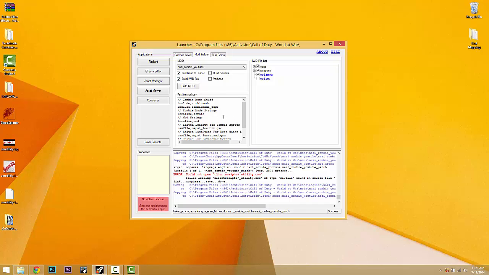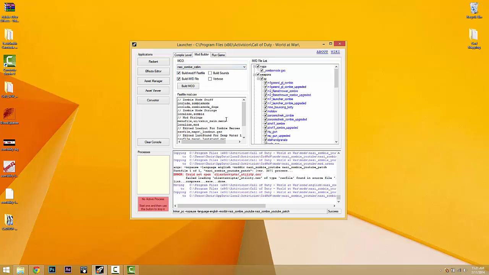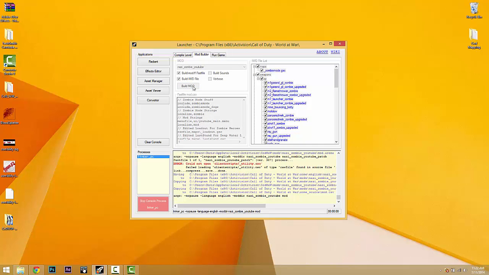And one thing that we have to change here, this will also be in the description. Right here it would say main menu file UI cabin main menu, but it's not going to say cabin. It'll be a map name. And in this fast file mod CSV, mod strings, you're going to press enter once and just copy it into there and change the map name to your map name, YouTube, whatever you build. So once that's done, just press build mod,